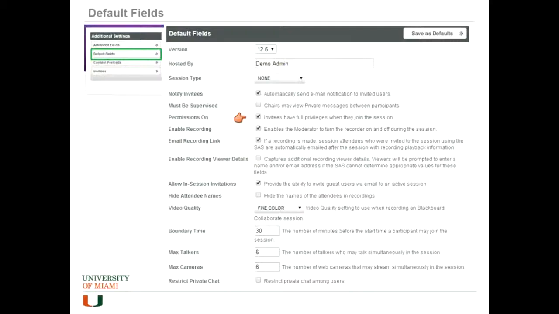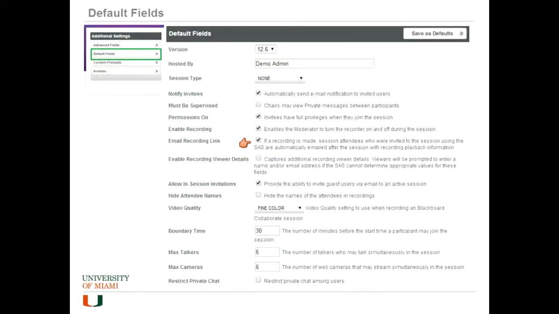Of course, once you open the session up, you may not want everyone to have access to the whiteboard, so you'd click the whiteboard off. But if you have this unchecked, they have no permissions at all, so when they join, they can't chat, they can't use audio, they can't use video. Enable recording just lets you record the session. If you don't have this turned on, you won't have that option.